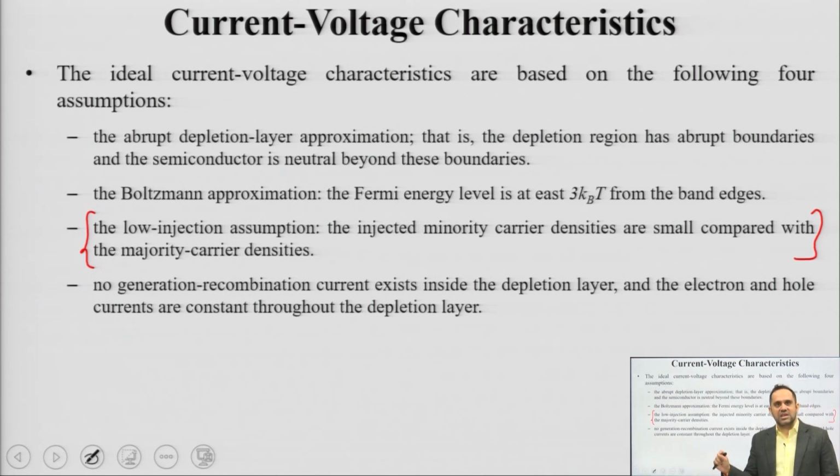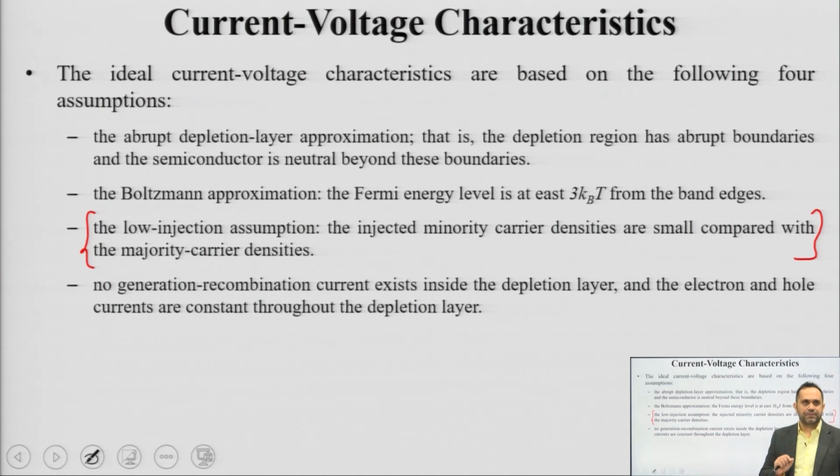Holes injected in the N side, that injected concentration is quite low as compared to the majority electron concentration in the N side. This phenomenon is known as minority carrier injection and the magnitude is low. Okay. So, we are not inverting the semiconductors on either side, we are not reversing the doping, we are just generating excess charge carriers on P and N side via an external electric field, so that current starts to flow. Okay. This condition is known as low level injection and it is quite critical to obtain the